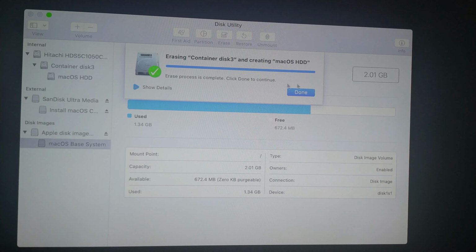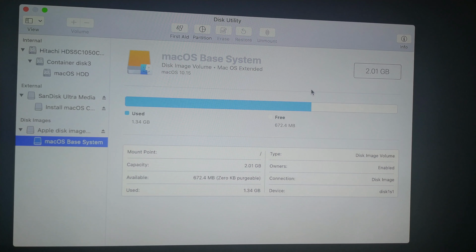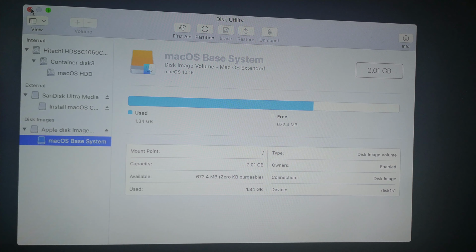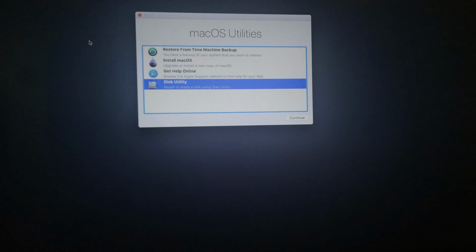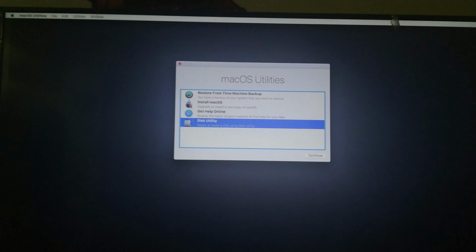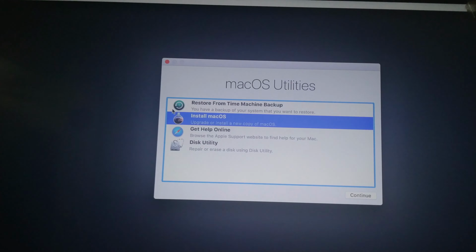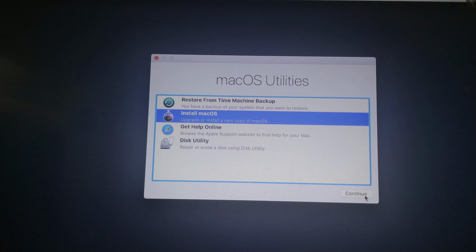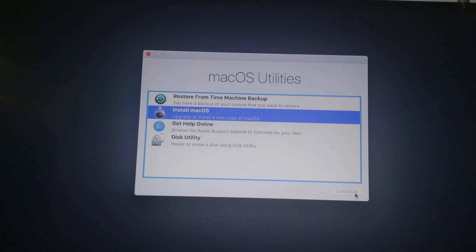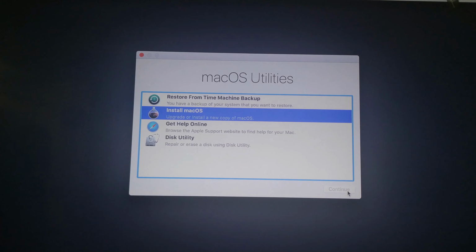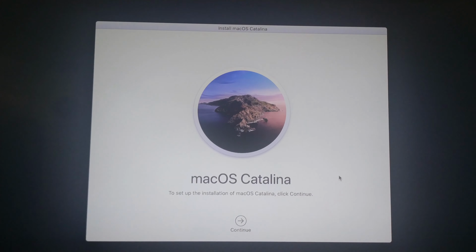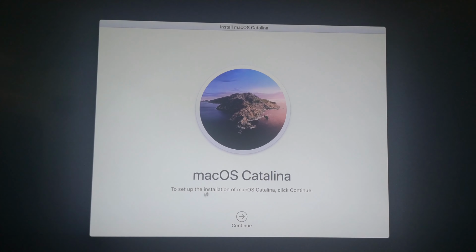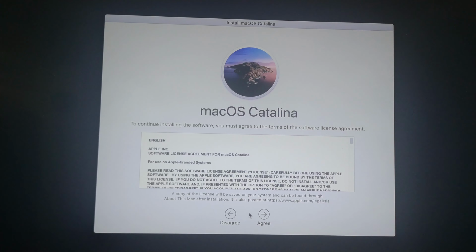Click on Done, and now we are pretty good to go to install macOS Catalina. Now click on Install macOS, and then click on Continue, or just double click on Install macOS. That should take us to the macOS Catalina installer screen, and here we are at the macOS Catalina screen. Click on Continue. Now click on Agree